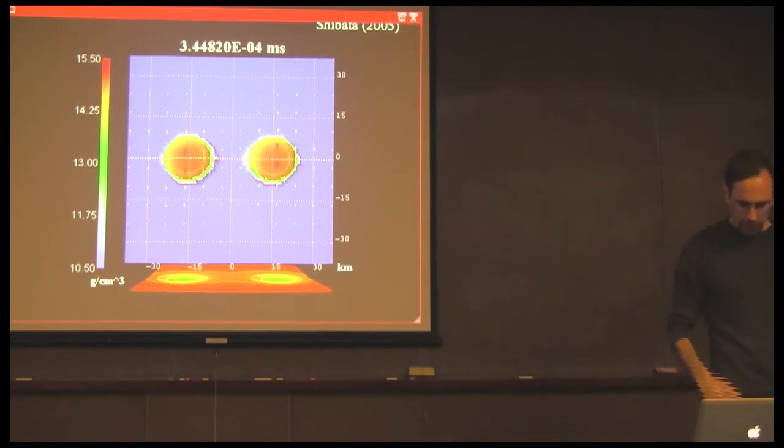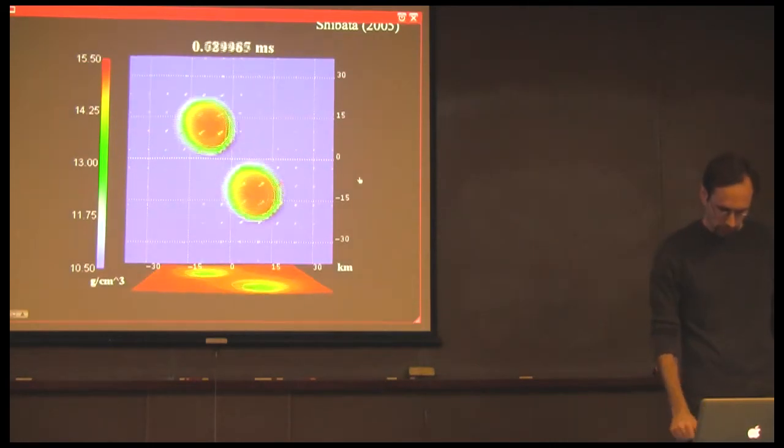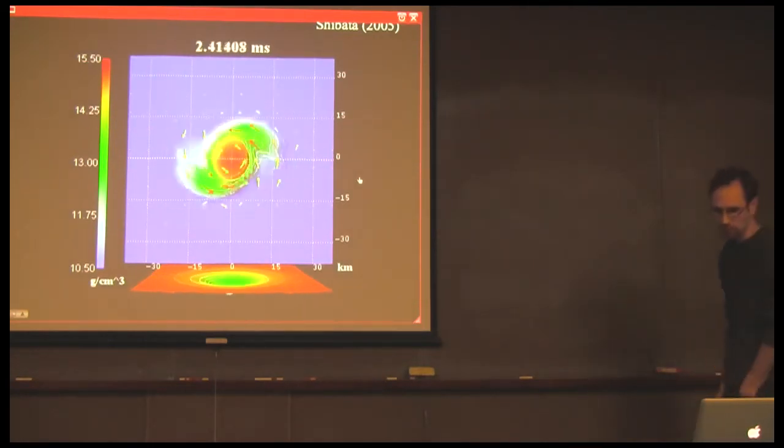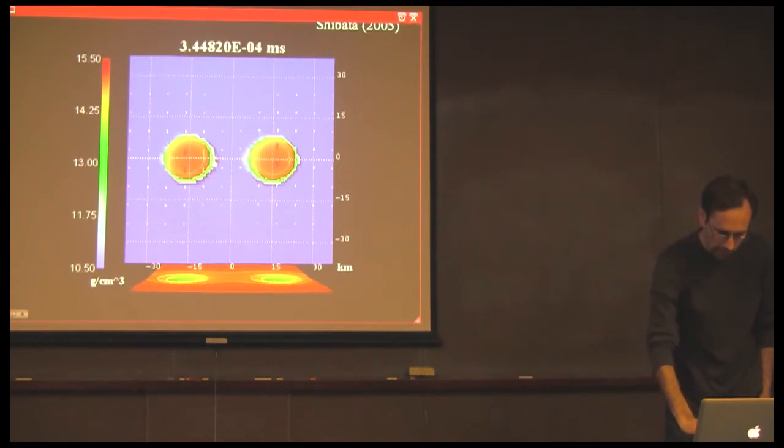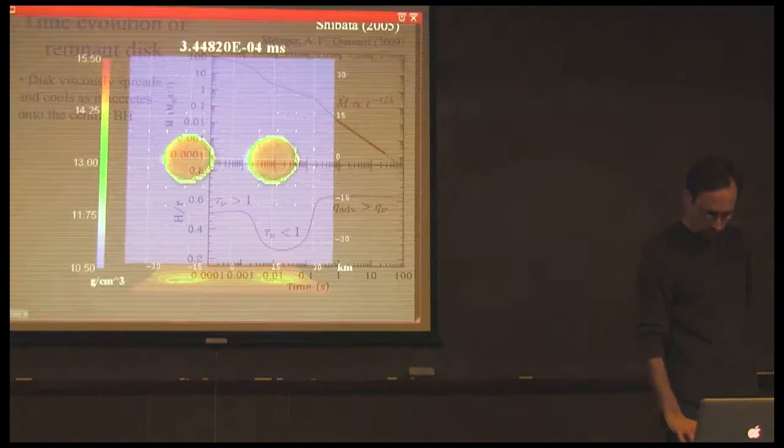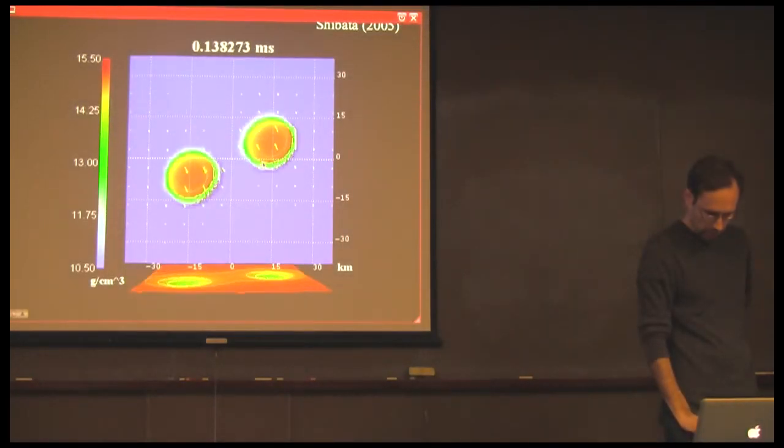So anyway, okay, now I've talked about what's happening right before merger. What about merger itself? Okay, so here's a simulation of neutron stars merging. And so you can see when they get disrupted, and the point is,